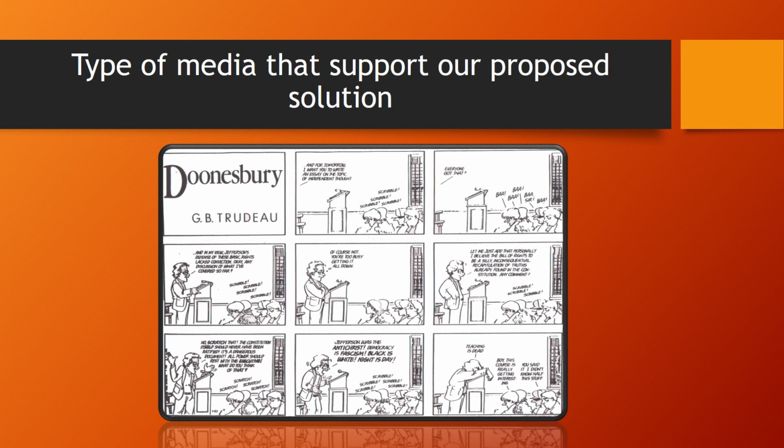Here's a comic that portrays what our classrooms look like nowadays. We have students that are constantly writing and trusting everything that the instructors say, instead of questioning for themselves if the information makes sense or if it's actually true. We think that most students know that whatever is covered by the instructor in class will most likely be on